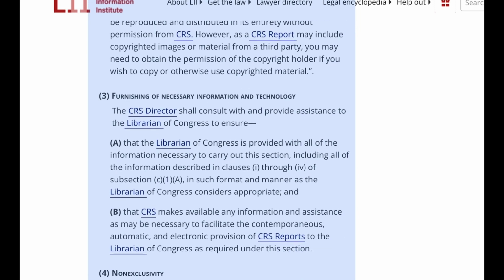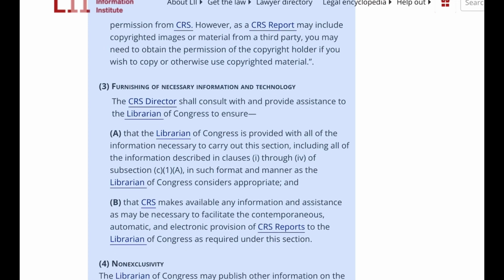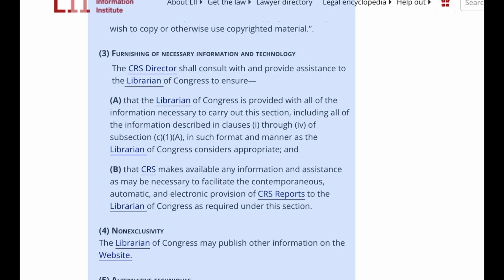3. Furnishing of necessary information and technology. The CRS Director shall consult with and provide assistance to the Librarian of Congress to ensure, A. that the Librarian of Congress is provided with all of the information necessary to carry out the section, including all of the information described in clauses I through IV of subsection C.1.A, in such format and manner as the Librarian of Congress considers appropriate, and